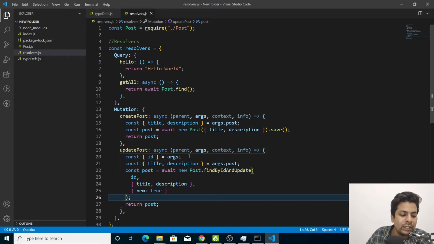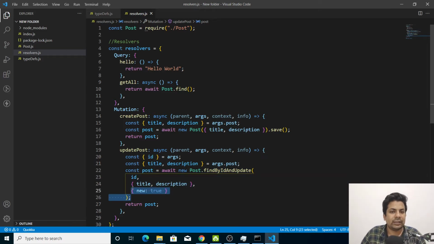So normally, we are taking the ID, then the post title description, then we are saying find by ID and update, passing the ID, passing the title description and new true, so we can get back the new object.